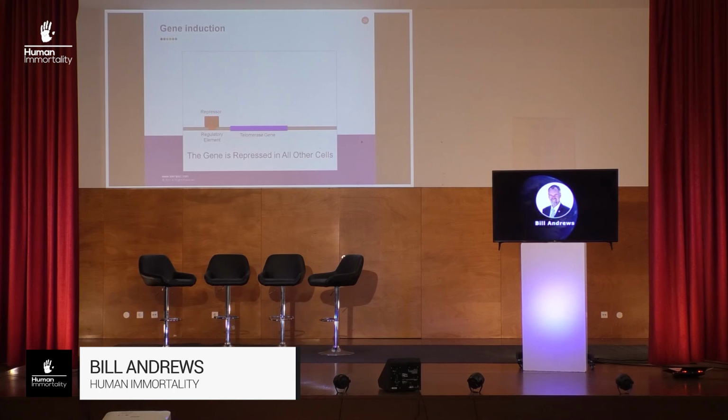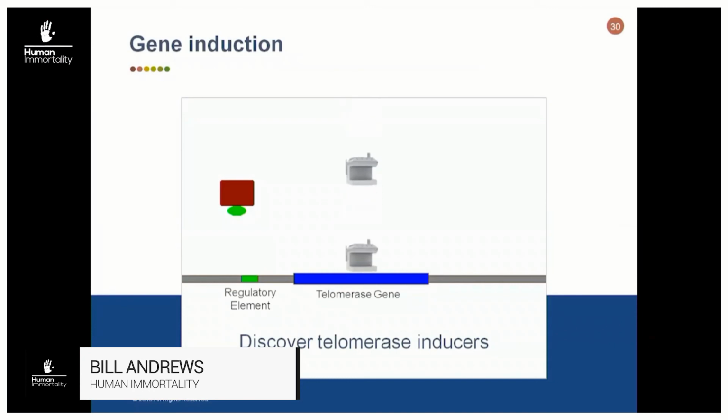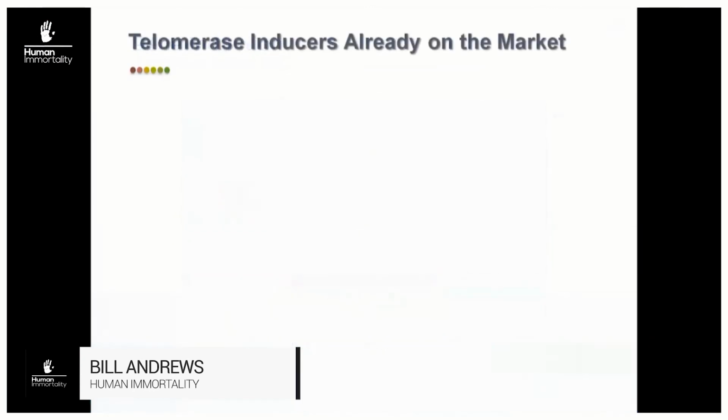So the focus of my research at Sierra Sciences has been to search for chemicals or natural products that will bind to that repressor, dislodge it, and allow the gene to turn on. That is what everything we're doing here is about. Okay, so as a result, we have discovered several natural products and several pharmaceutical or synthetic chemicals